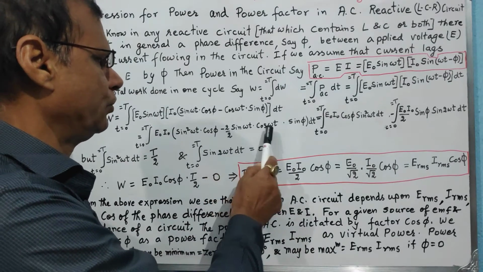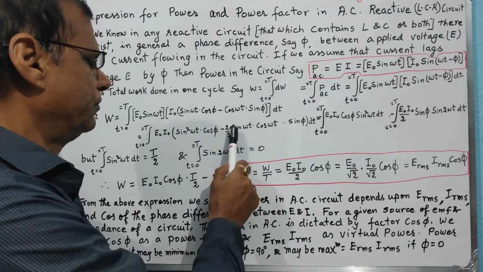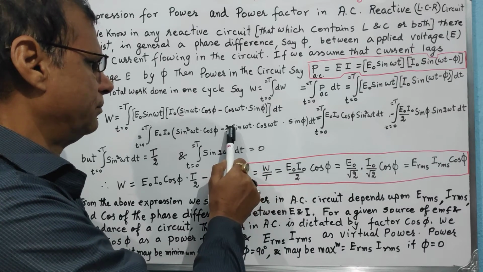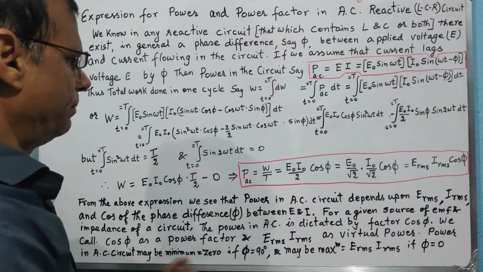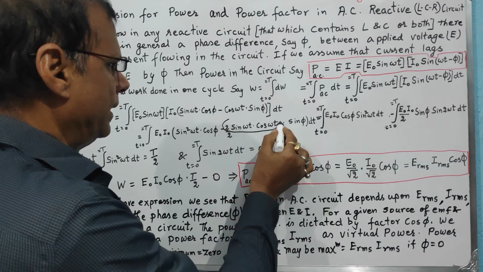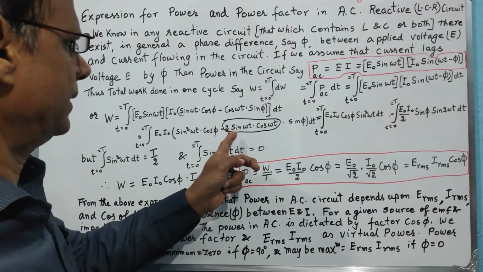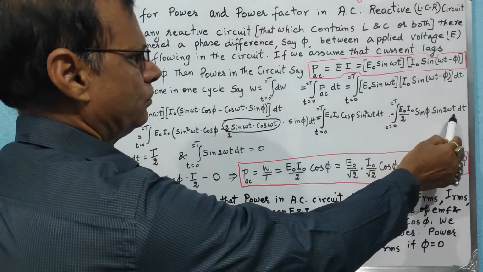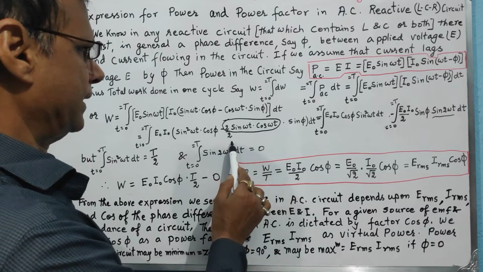Sorry, 2 sin A into cos A equals sin 2A. So to have this expression written in that form, we have multiplied it by 2 and divided it by 2. So using the upper part, using this factor 2 sin omega t cos omega t, we can write this within the circle as sin 2 omega t. So we get sin 2 omega t over here, sin phi is already there and the half factor stays there.